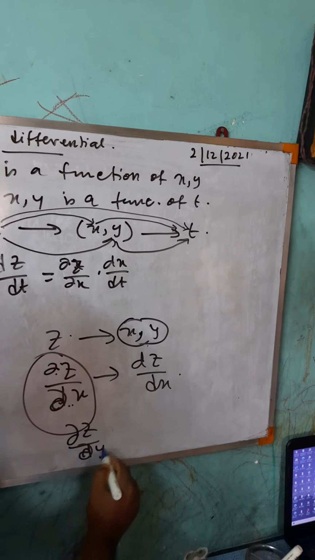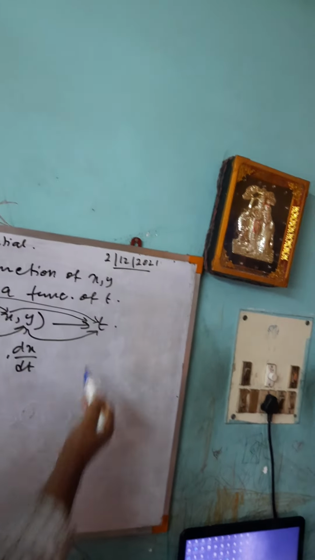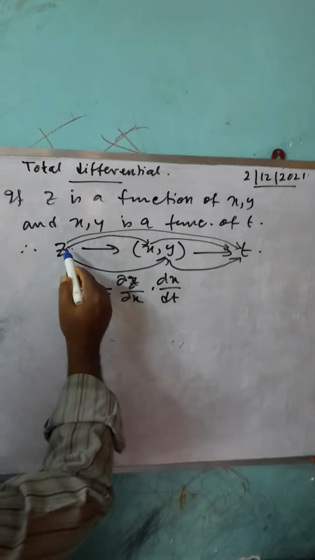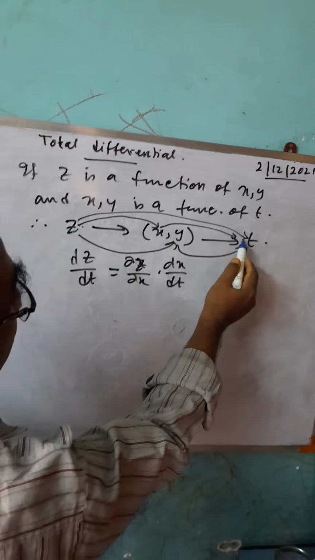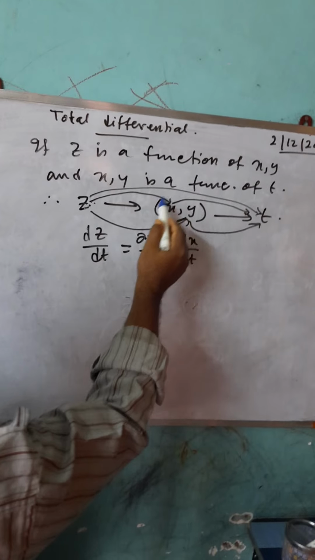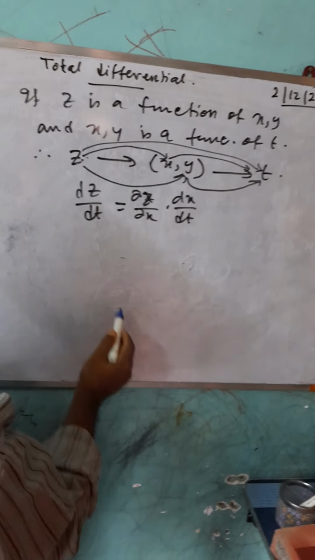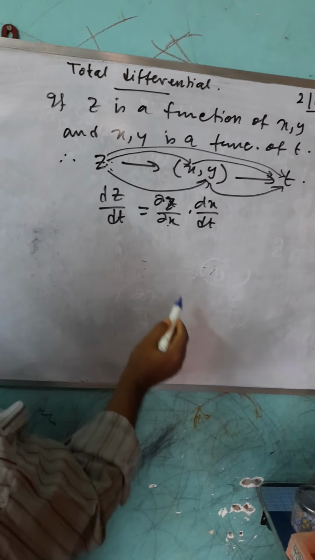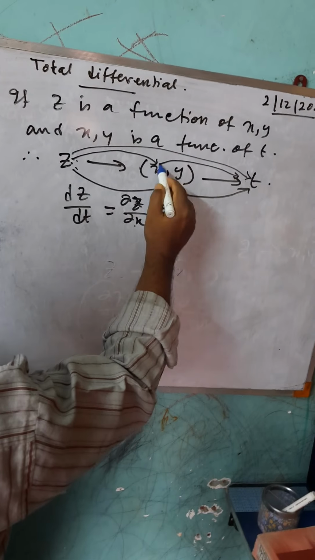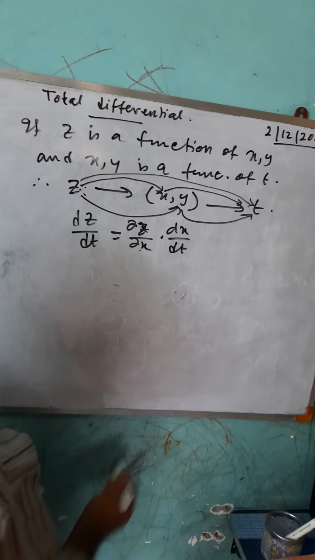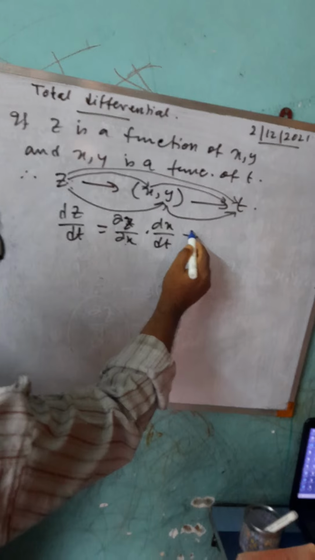You see, follow me. So I am writing here, I am finding dz/dt. Why not del z del t? Because from z to t there is only one independent variable. So z to x, now x to t. Now see, for z to x there are 2 independent variables keeping y constant, so it is del z del x. Now for x to t there is only one independent variable, so dx/dt, plus the same thing.